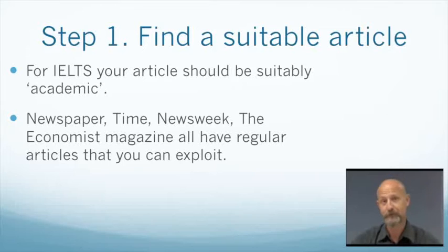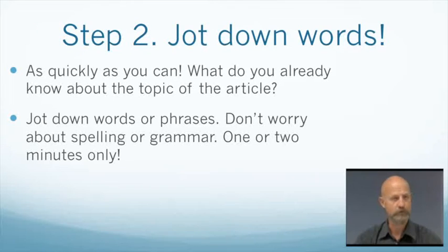So any article of a suitable length related to SARS, before you read it, I want you to jot down anything you know about that article. And by jot, I mean very quickly, no thinking, no decisions about what tense you're going to use or how you're going to spell words. Just write it down. So SARS, the things that come to my mind are pneumonia, breathing difficulties, disease, hospital, working